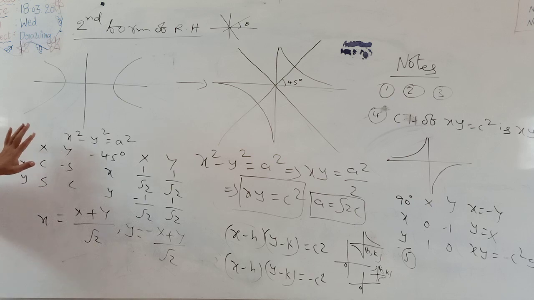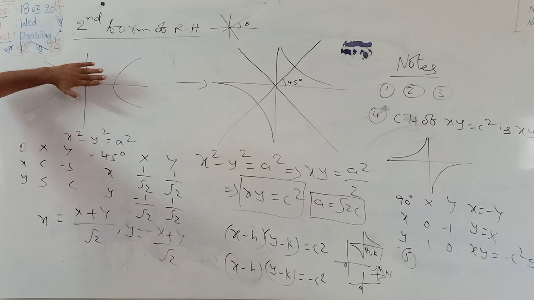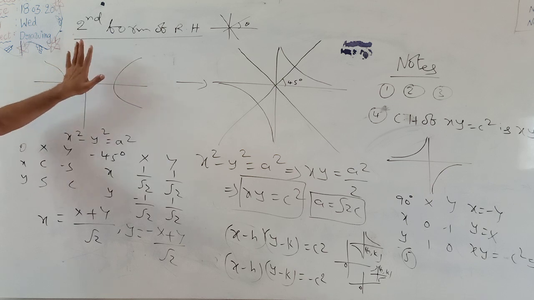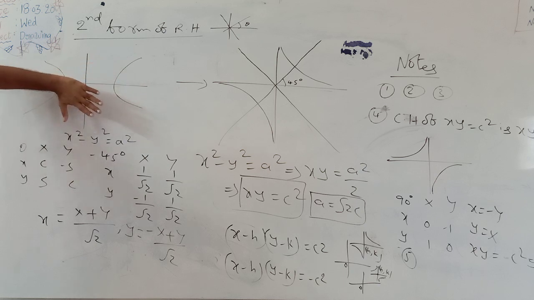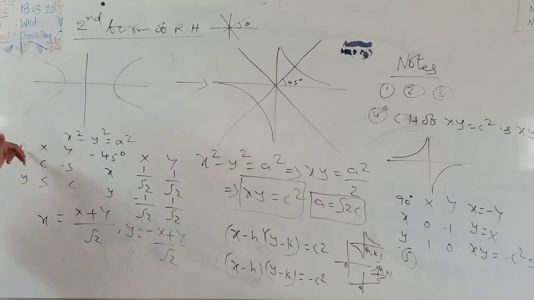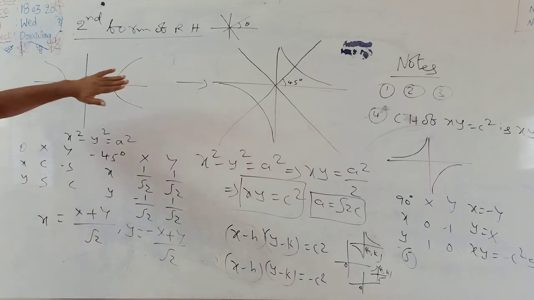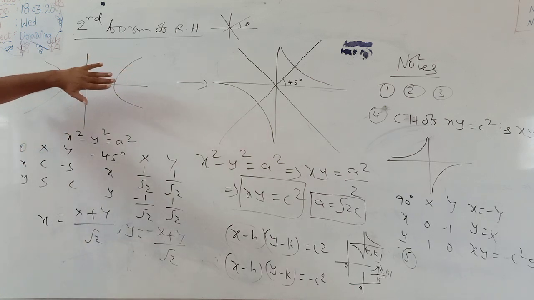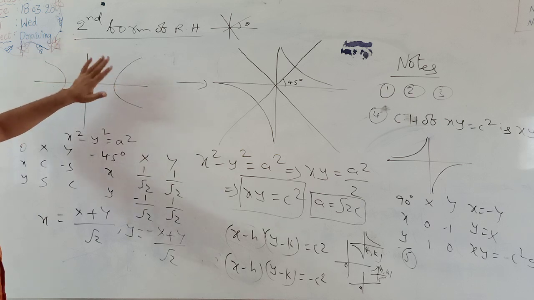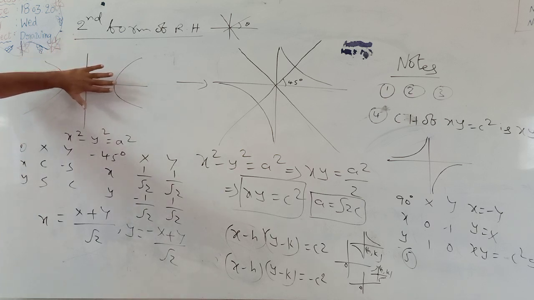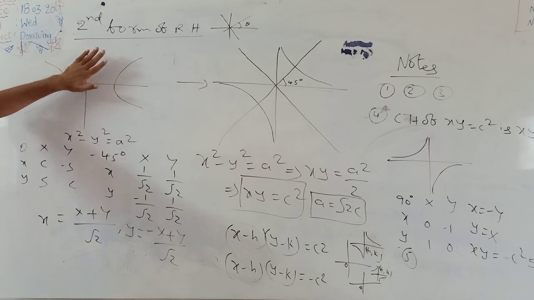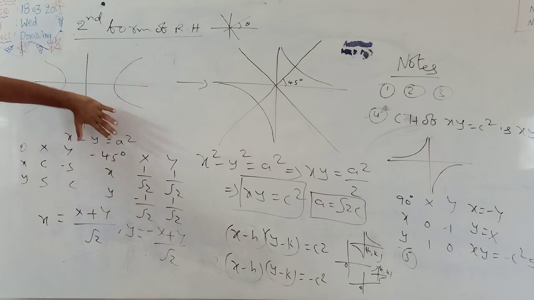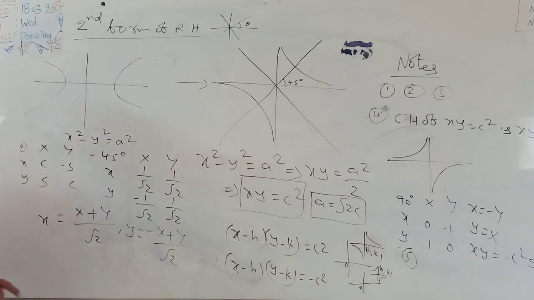See one more time. This table is applicable only when coordinate axes are rotated through an angle theta in anti-clockwise direction. If we rotate coordinate axis in clockwise direction, in the place of theta there is minus theta. Here we are not rotating the coordinate axis; we are rotating the figure in anti-clockwise. Rotating the figure in anti-clockwise sense is the same as coordinate axis rotated through an angle theta in clockwise. Therefore, theta is minus 45.